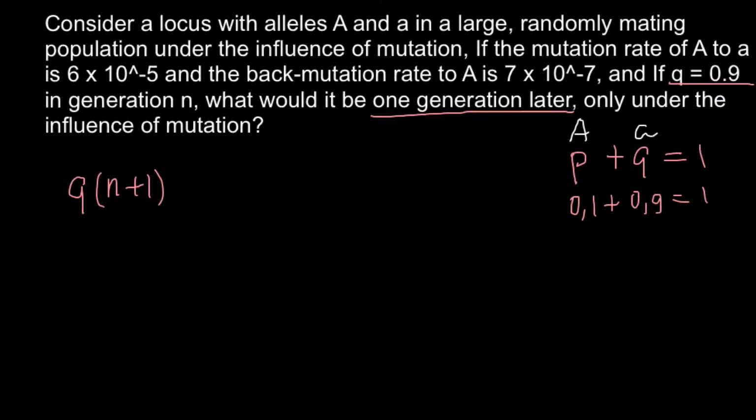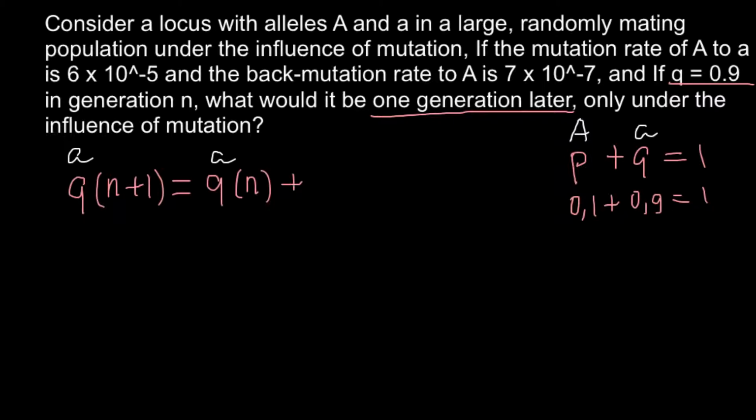This is the frequency of the recessive allele a. On the right side we would have once again the frequency in the current generation of this allele, so q_n, where n stands for the current generation and q stands for the recessive allele a,